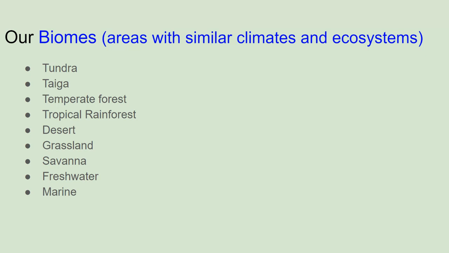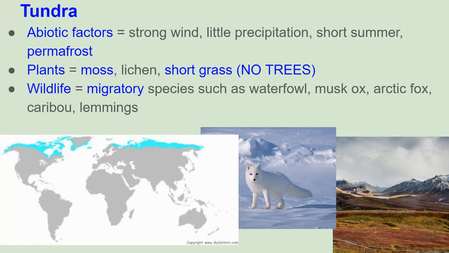Hey everyone, welcome to our video on the different biomes here on Earth. These are some of the main biomes that exist here on Earth. There are some arguments that there might be other biomes, but it just depends on how specifically you're looking at them. But these are the different biomes that we're going to talk about. They are areas that have similar climates and ecosystems, even though they might be spread in different parts of the world. The first one we're going to talk about is the tundra, and you'll notice here we're going to talk